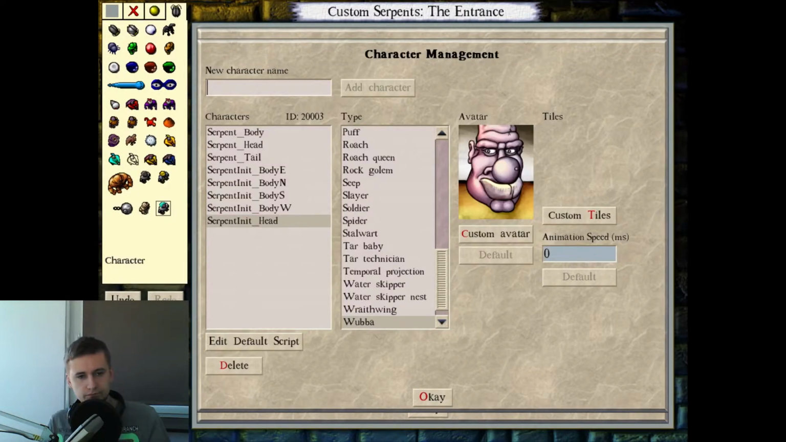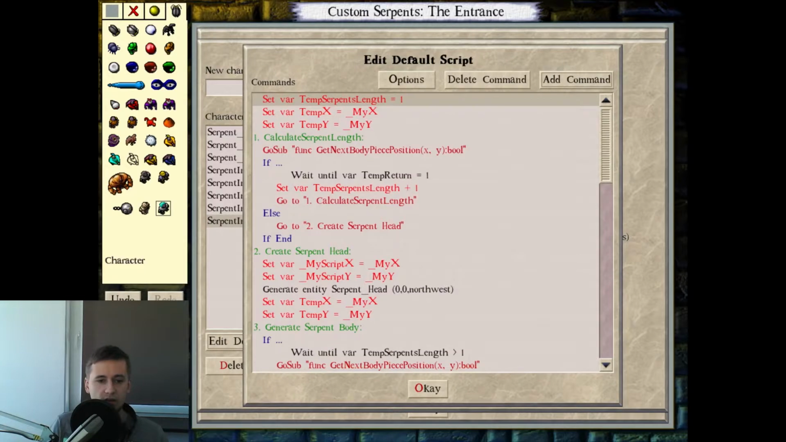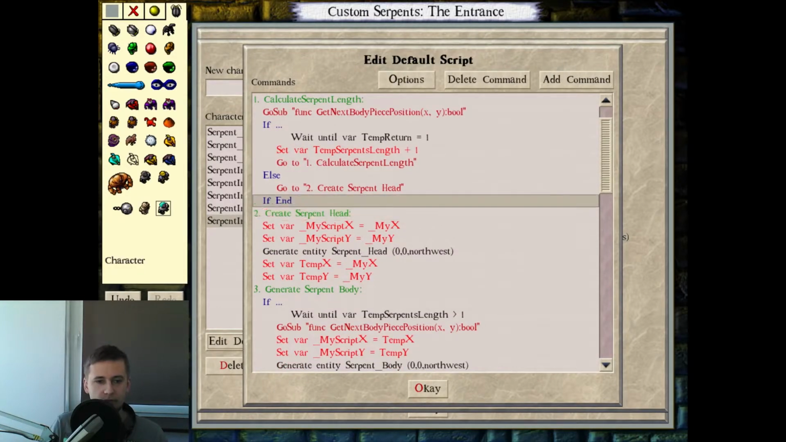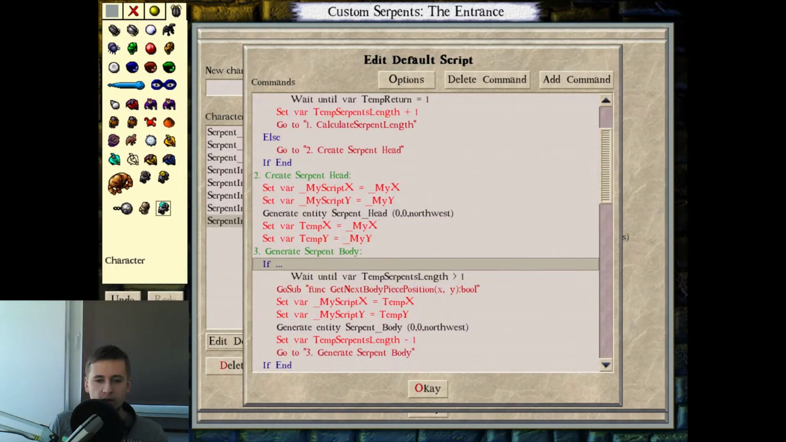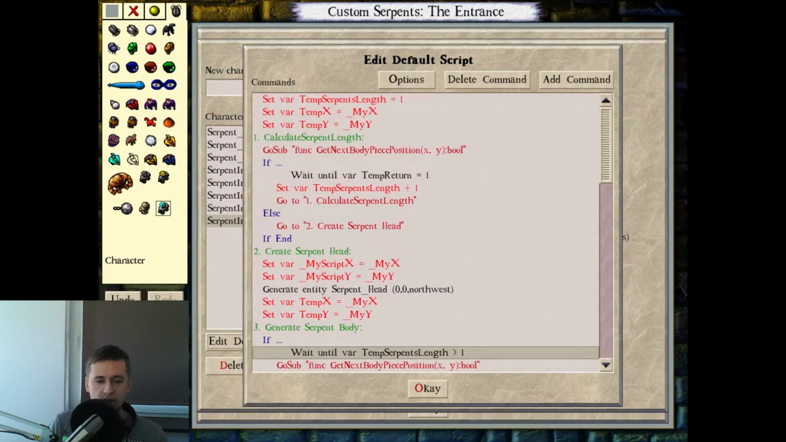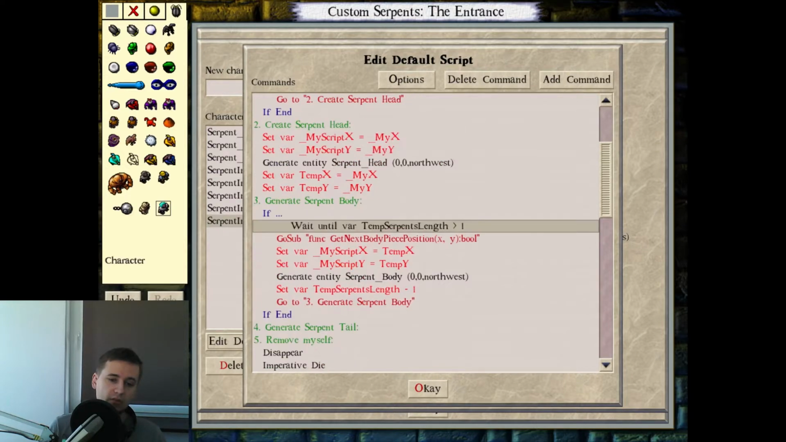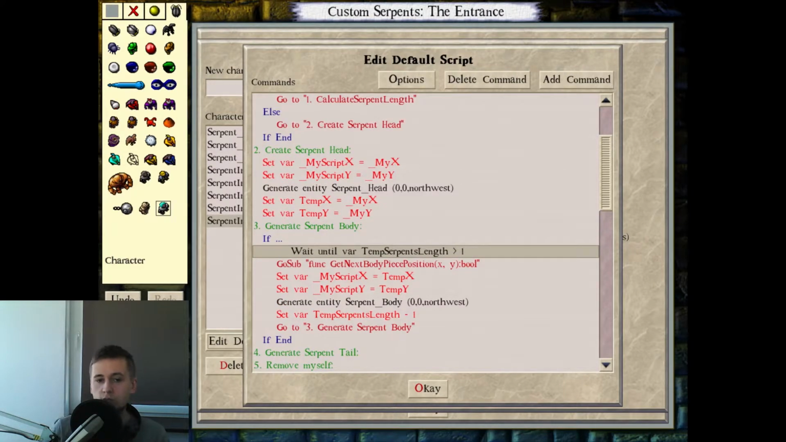So, in the code for generate serpent body, once I calculated the length of the serpent, I know for sure, for 100%, because the script executes without any interruption, that when we get to this point to generate serpent body, actually let me just change something in my